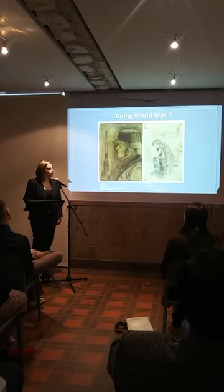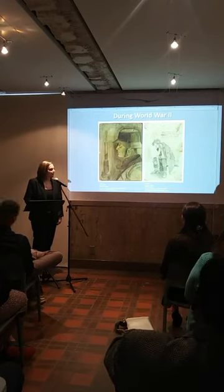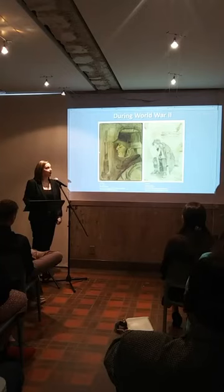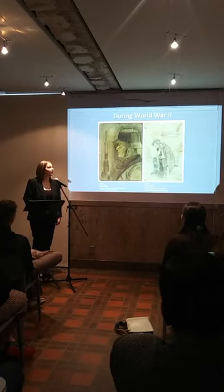And some of these works really just show the realities of war, and they're very expressive. And most of them are actually created on scrap paper that he was able to find wherever he could. That picture on the right is actually on the back of the American Red Cross paper that he did while he was in the hospital, because even when he was injured, he was still sketching, and he was still eager